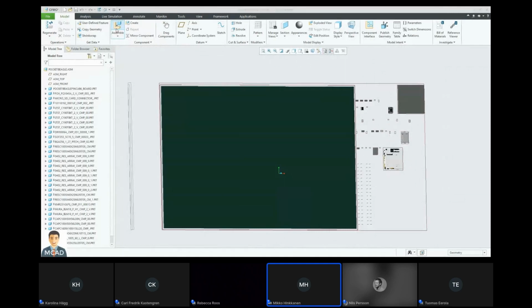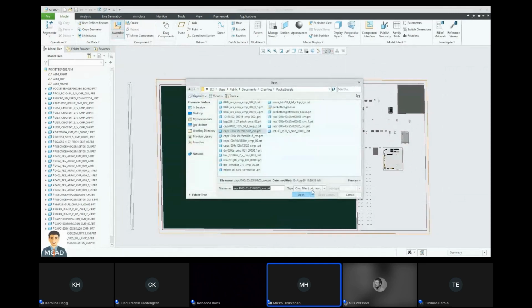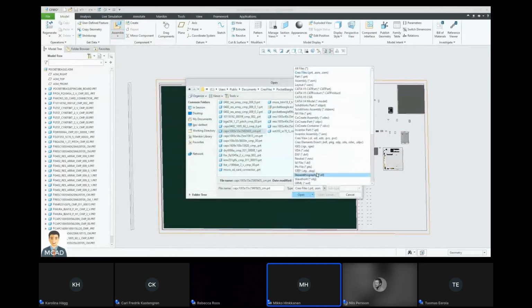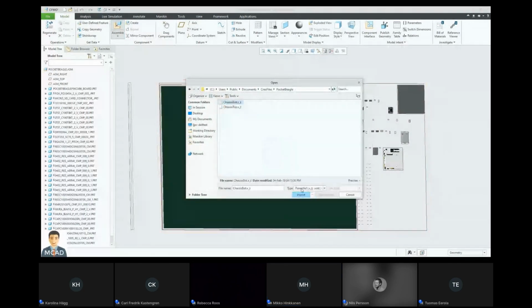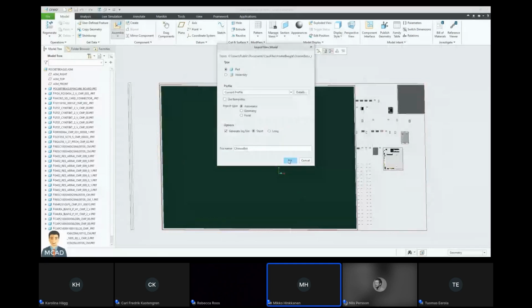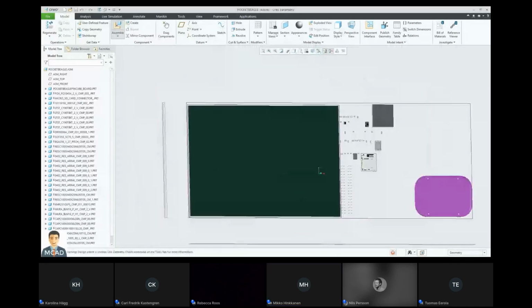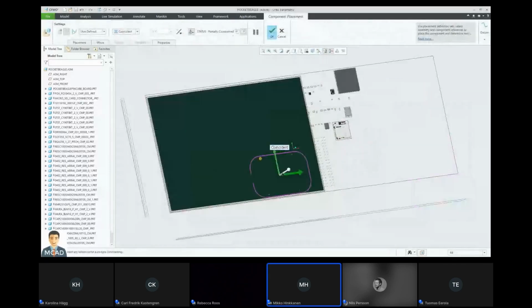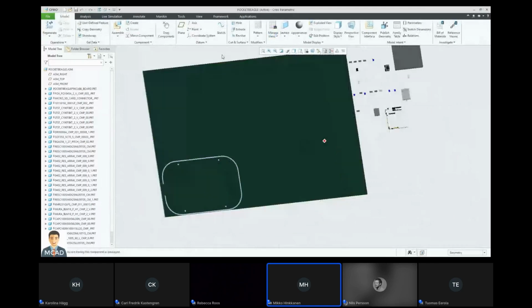Then what we do next is add, let's say, covers for the product. So in here, some kind of casing, which comes from the industrial design team, I believe,